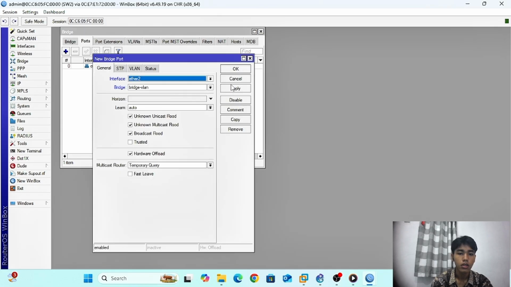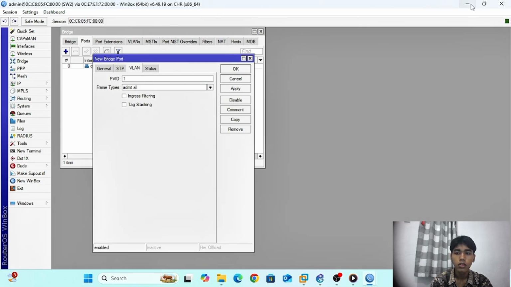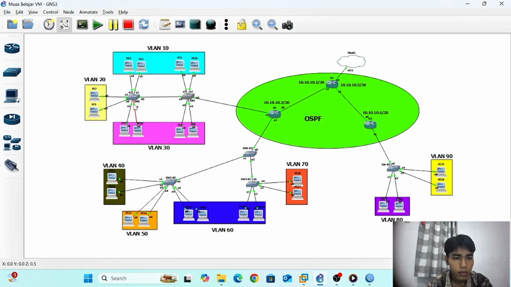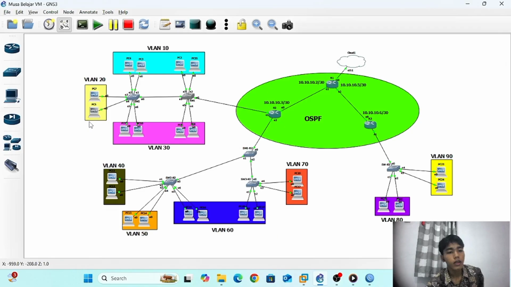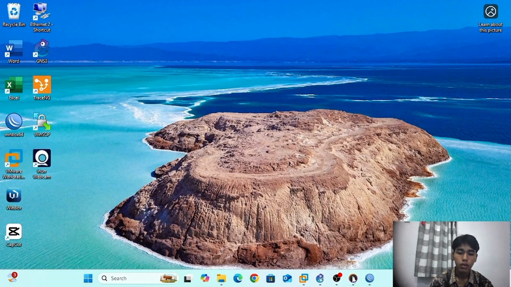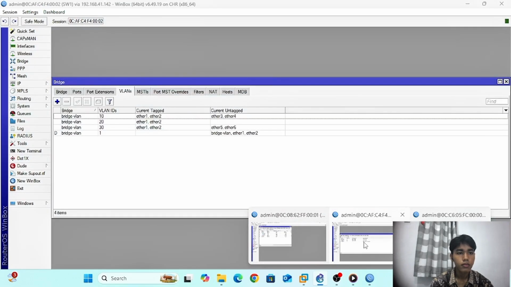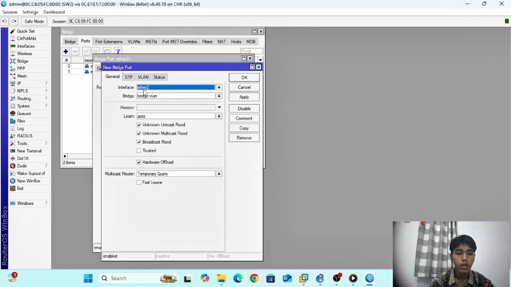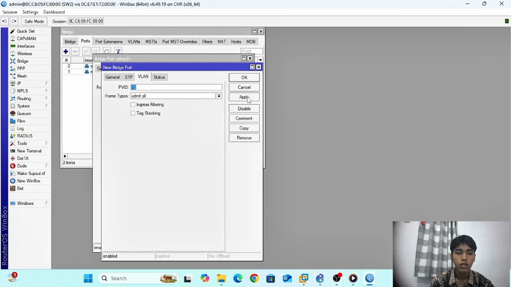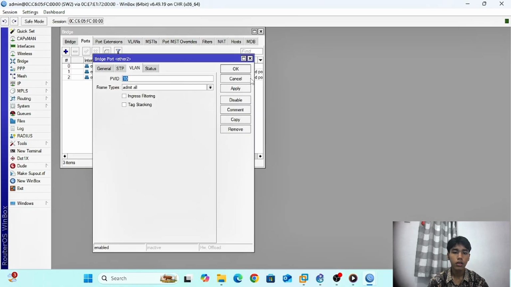Add ether 2, VLAN 10, ether 2 and ether 3 VLAN 10, ether 4 and ether 5 VLAN 10. Copy, and ether 3 ID 10, ether 5.